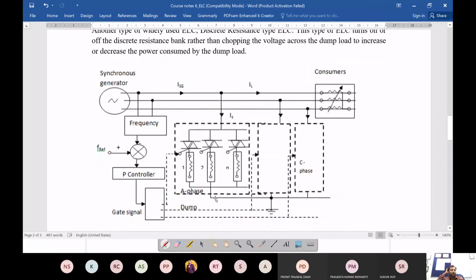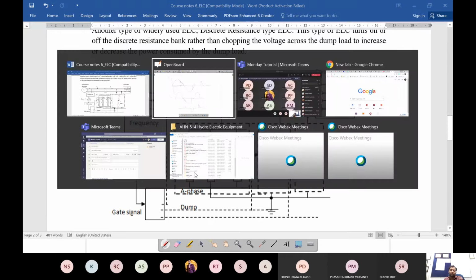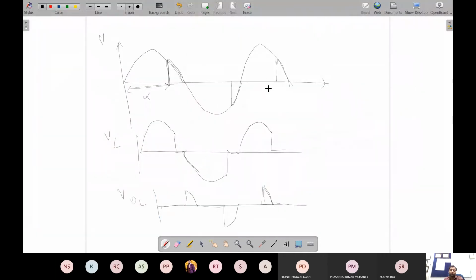Now in this case, as you see, for each phase, this is for phase A, this is for phase B, it's not shown here, just the box is there, and same for phase C. So in phase A, you have n number of dummy loads, 1, 2, and so on up to n. Each dummy load is controlled by, again, an anti-parallel thyristor or any particular power electronic device. So now instead of chopping the voltage or current like we were doing earlier, firing the thyristor in between,